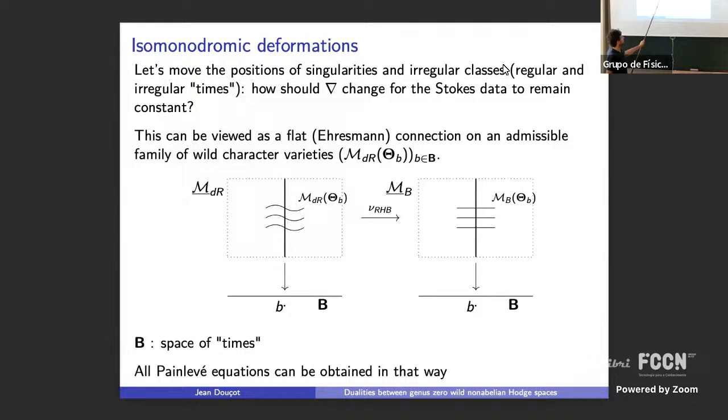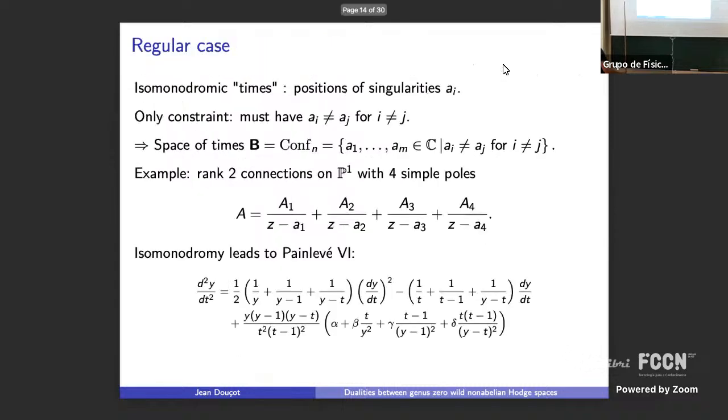But then the horizontal foliation is complicated, and it's given by those complicated nonlinear PDEs, the isomonodromic deformations. But here, I'm more interested in what is the universal, the largest possible space of times? And let me mention that if you do that, depending on the choice of wild Riemann surface, you can get all Painlevé equations. For each Painlevé equation, there is a choice of wild Riemann surface such that this story basically corresponds to the Painlevé equation.